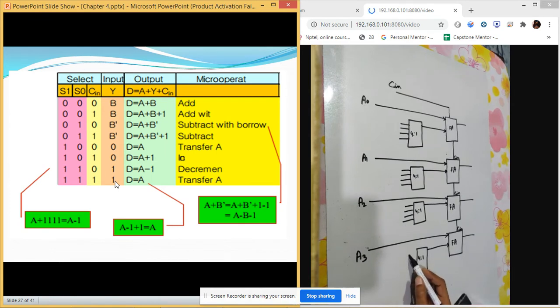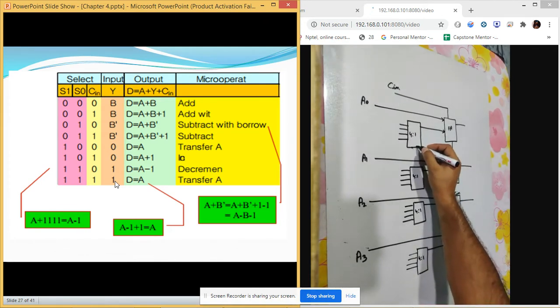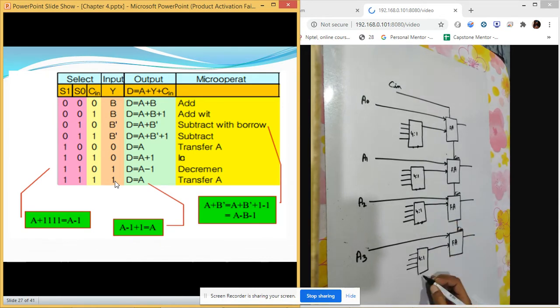For this multiplexer as well, we will have four values. Now, about selection lines, we will have two selection lines for each one of them. Without making it illegible to see, I'm not going to mark them currently. I will just leave them. But those selection lines will become your S1 and S0, which you can see in your slide.